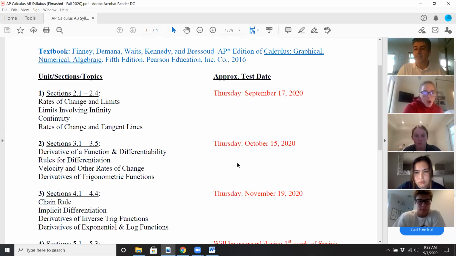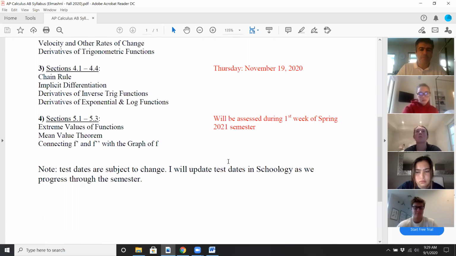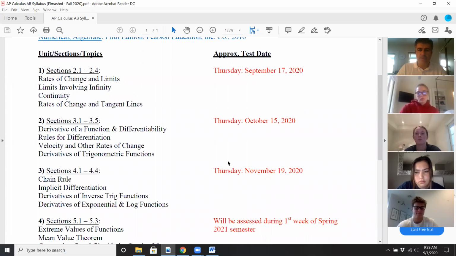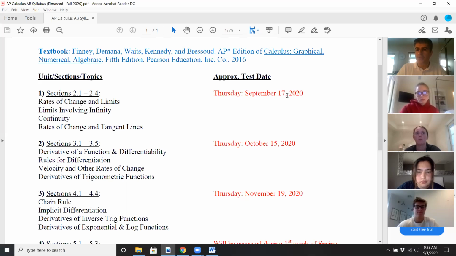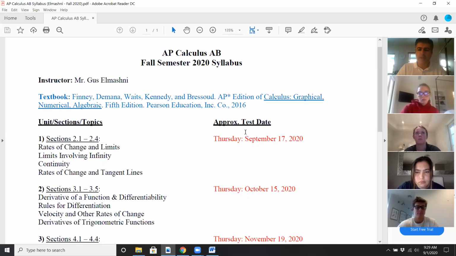And we're going to do it on Schoology. Schoology is going to host it, and I did find a very good tool in Schoology that does it. I taught a physics class over the summer for Sacred Heart, and I was quite pleased with how it went. Of course, we'll see if Schoology holds up. I hope it doesn't crash. I hope they upgrade their servers, because now they know that we're doing this. And the test dates could change, so they're not necessarily etched in stone, but I'll always put them up in Schoology so they're there.